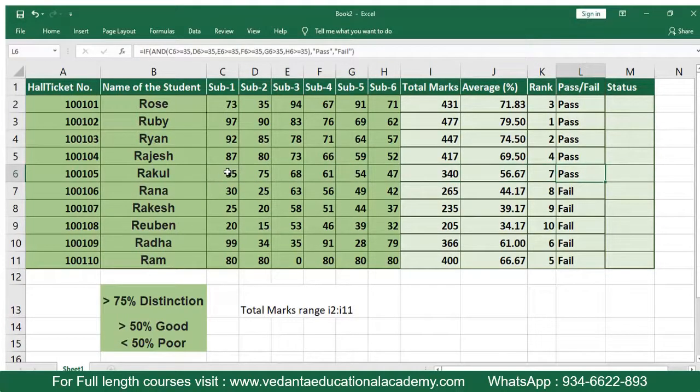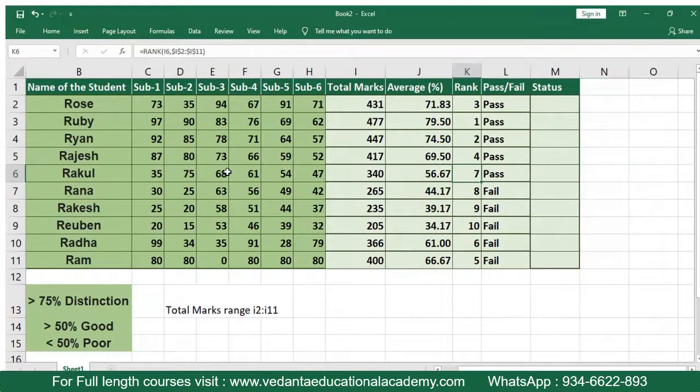Is correct. And next we'll be using the status of whether they are getting distinction, good or poor, based on the percentage, right? So simply equals to IF, open bracket. What is the logical test? If the percentage is greater than 75, comma, double comma open, distinction,